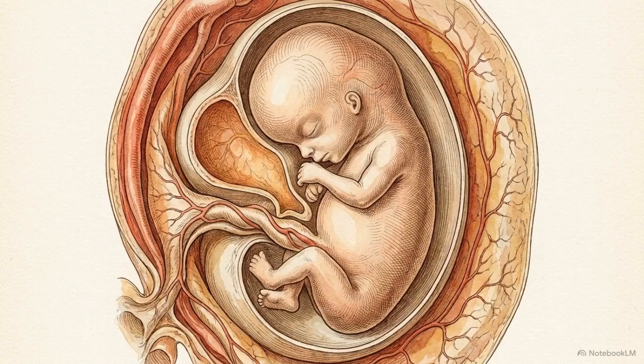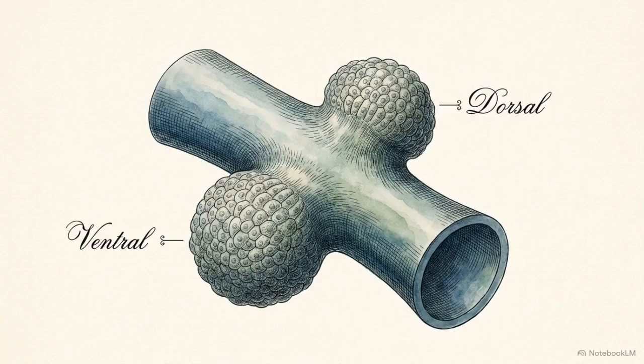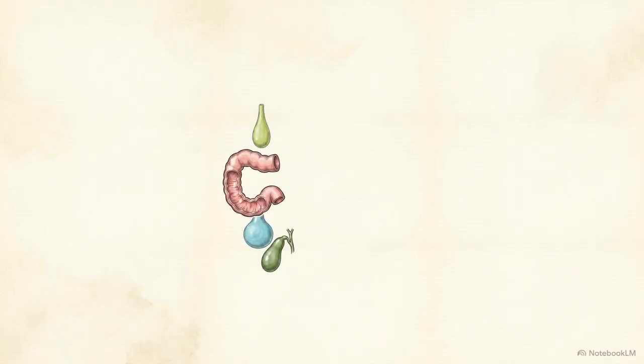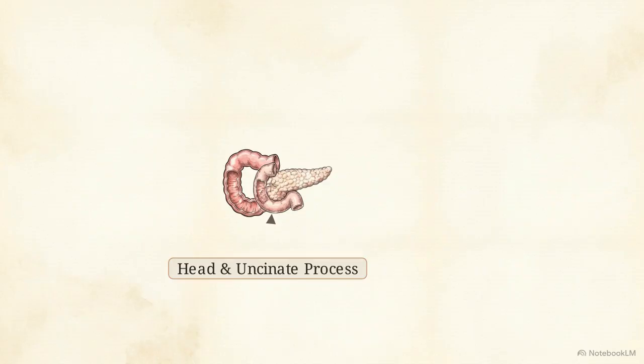The mechanical root causes of lifelong ductal pathologies begin in the 5th week of gestation. At this stage, the pancreas consists of 2 completely separate structures, the ventral and dorsal buds. The ventral bud arises from the hepatic diverticulum, rotating around the duodenum to fuse with the dorsal bud. This determines adult anatomy. The ventral bud becomes the head and uncinate process, while the dorsal bud forms the body